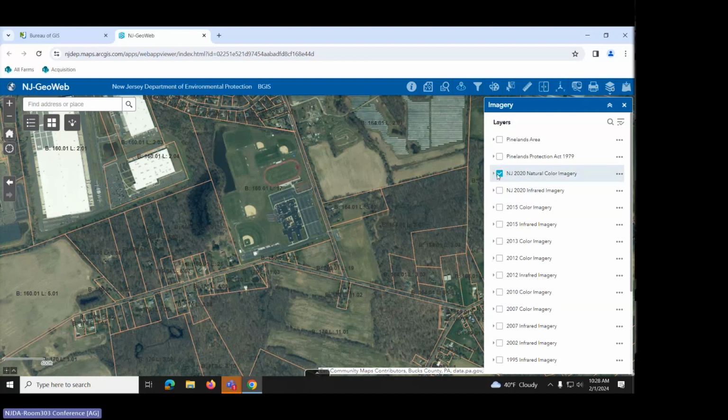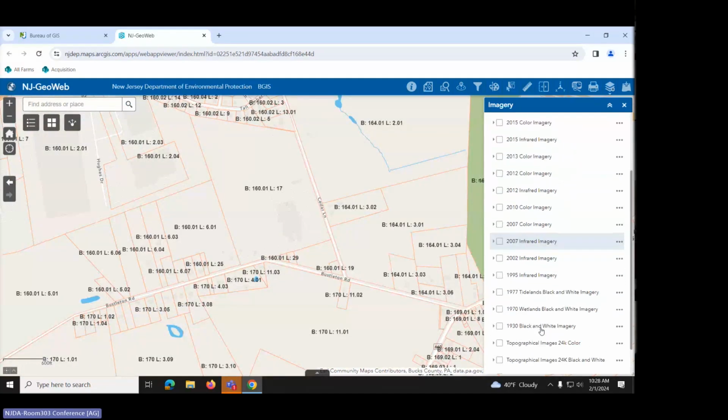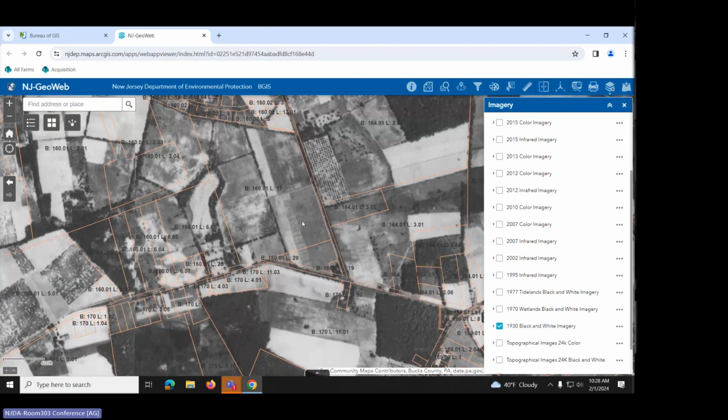I can turn that off. There's some infrared images. These color images are dated. So if you wanted to see if there was some building that existed before that may have been demolished in that time, and so forth. 1930s black and white imagery, that's kind of cool. You can see how the landscape was vastly different back then. If you're a